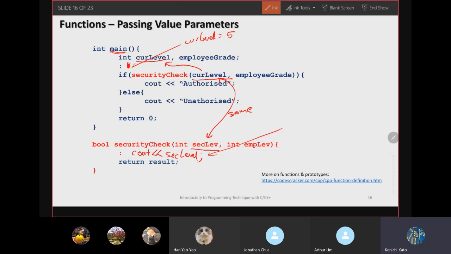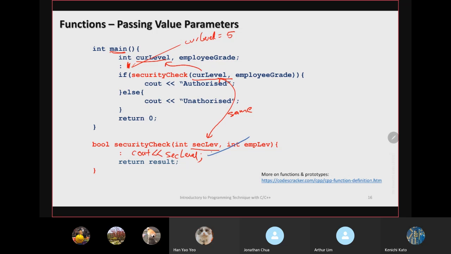So this one, the output will show 5, okay? But if subsequently, after this, you were to change this to 10 in this level, and within this function you do a cout again, this one will show 10, but this 10 does not change